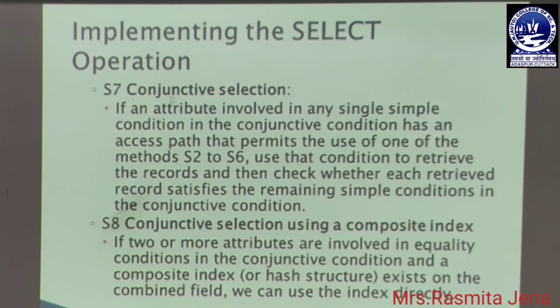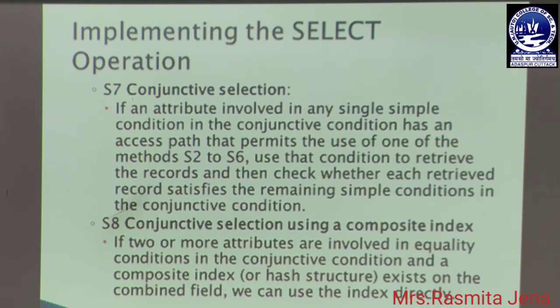Next comes implementing the select operation by using conjunctive selection. If an attribute involved in any single simple condition in the conjunctive condition has an access path that permits the use of one of the methods S2 to S6, the algorithms we have recently discussed, then we can use it. By using the primary index, we may retrieve multiple records.